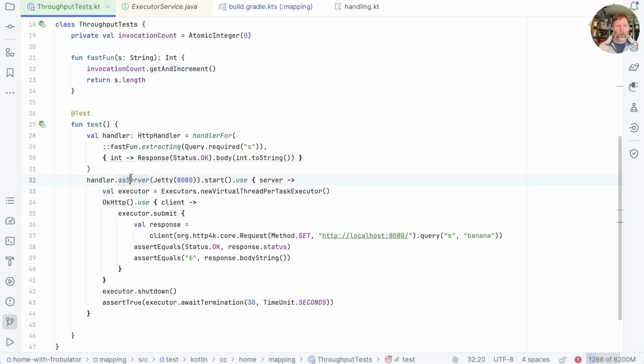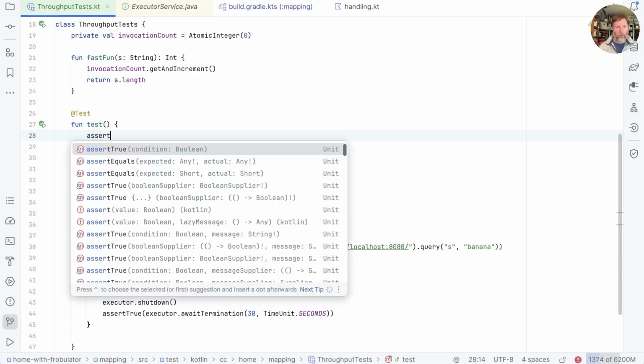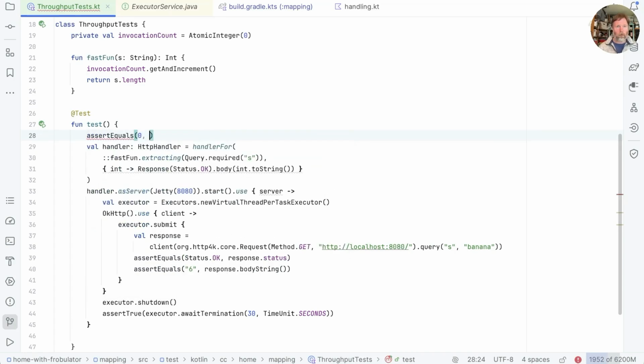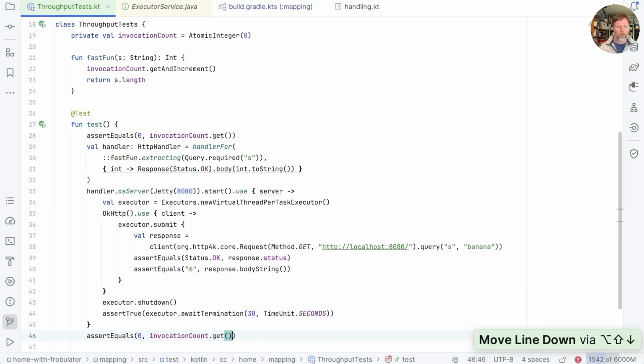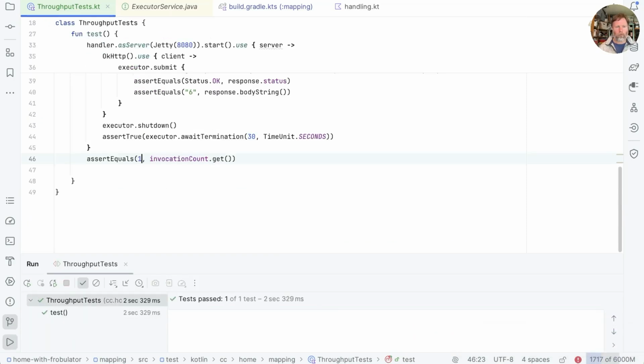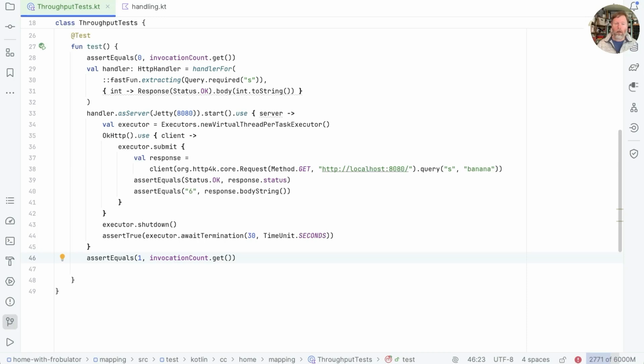And once this is run, it starts at 0. Well, let's just check that. So in here, we're going to say assertEquals 0 is the invocationCount.get. And down here, we'll say once all this is finished, then we should have seen one invocation. And we did. Now then, one invocation isn't very exciting, but we could submit more than one job to the